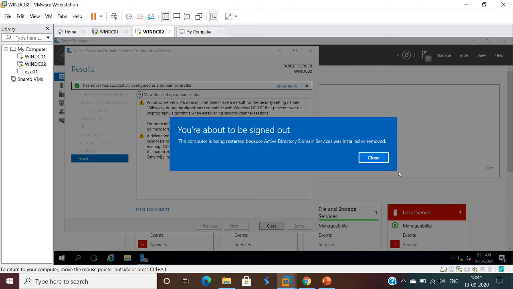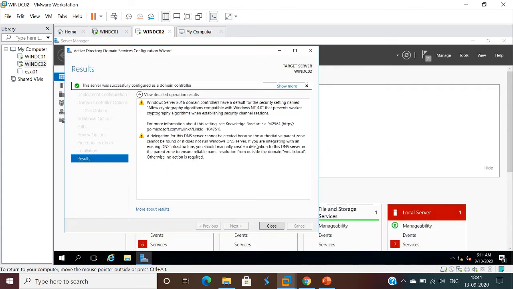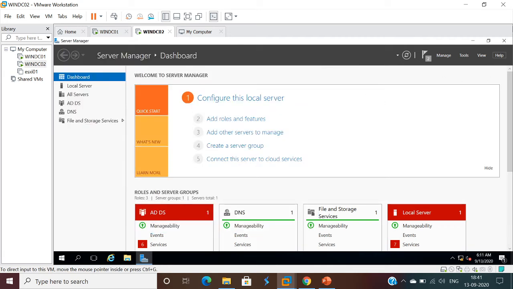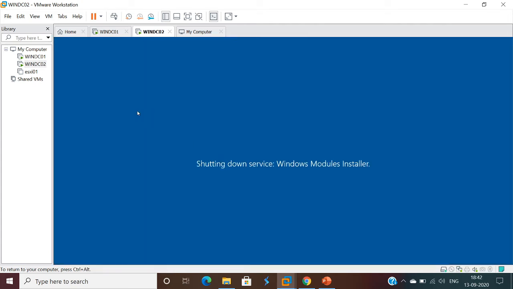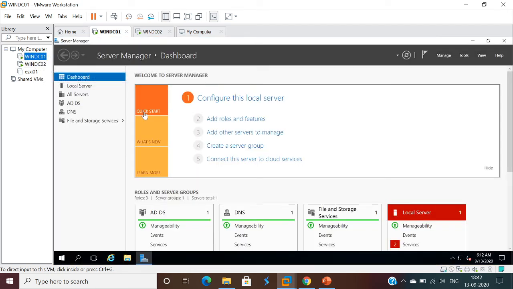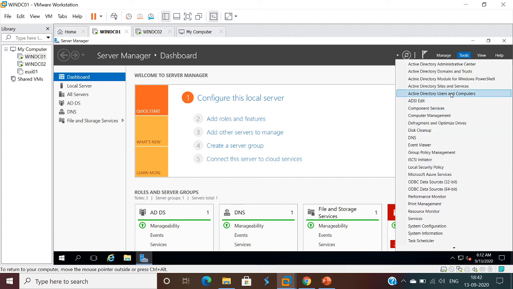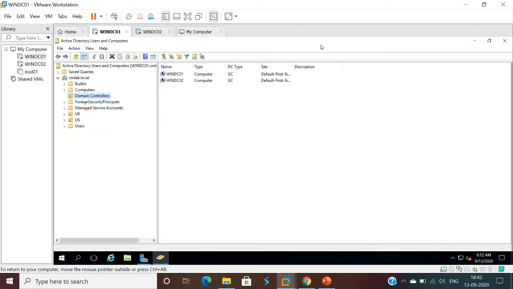We can see now Active Directory Domain Services has been installed successfully. Close this wizard. It is rebooting. Now let's go to DC01. Go to Tools, Active Directory Users and Computers. Under Domain Controllers we should see WinDC02.